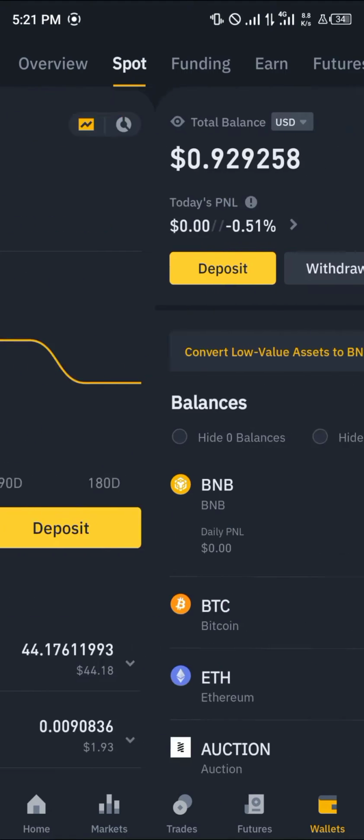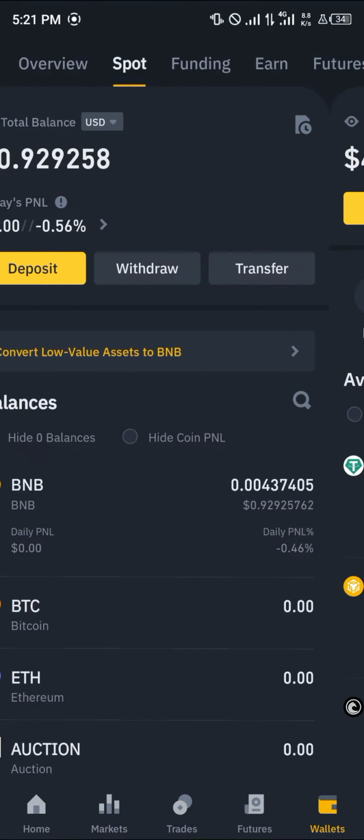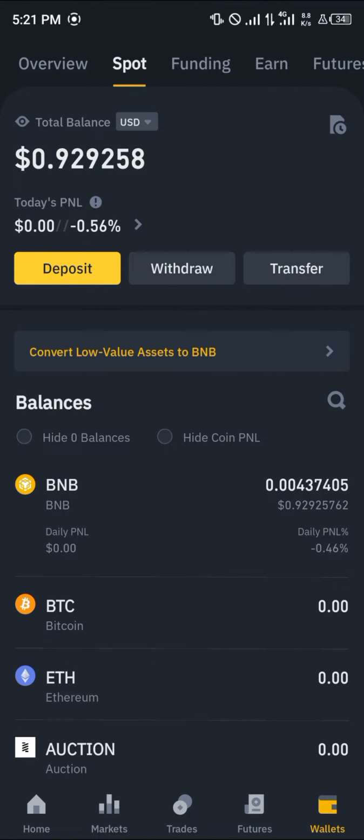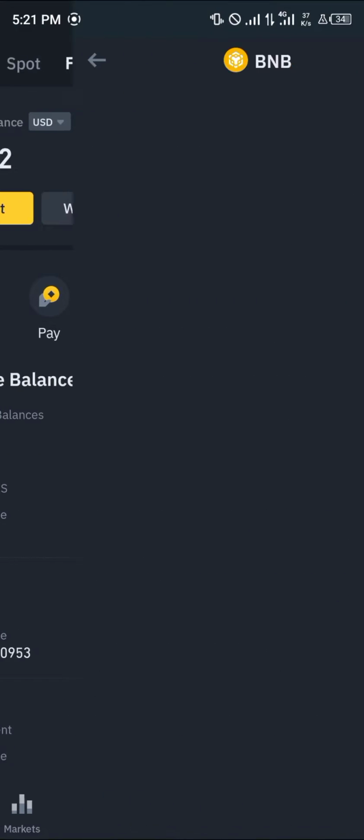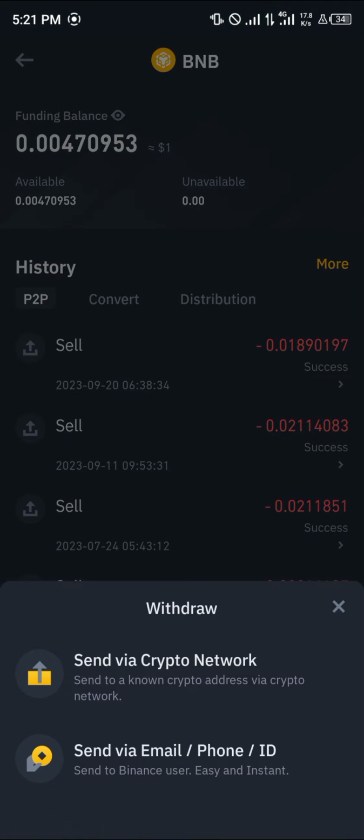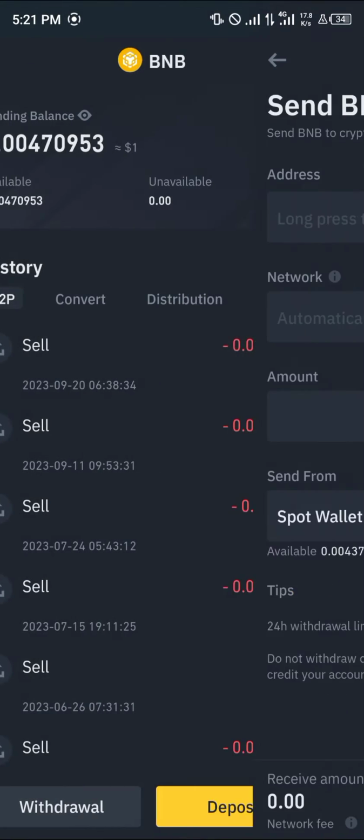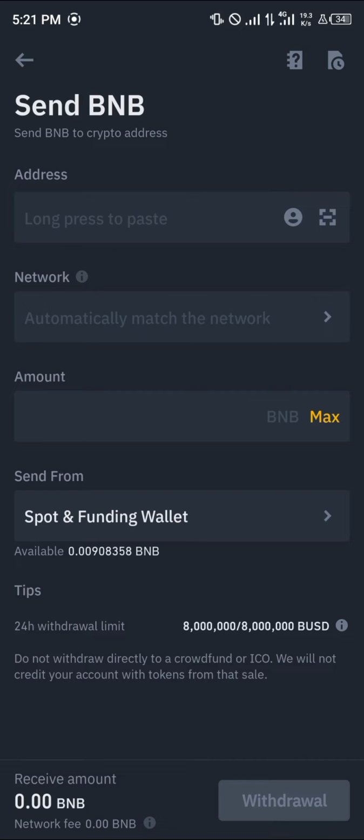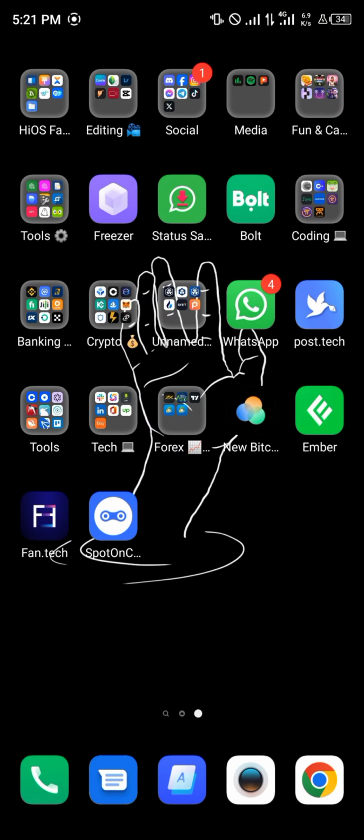So if you were to scroll from your spot to your funding, depending on where you have your assets in each of the wallets I've mentioned, you could simply select the BNB and click on the withdrawal option and select the send via crypto network. By doing this, you're going to be at the Send BNB menu where you simply minimize and open up your